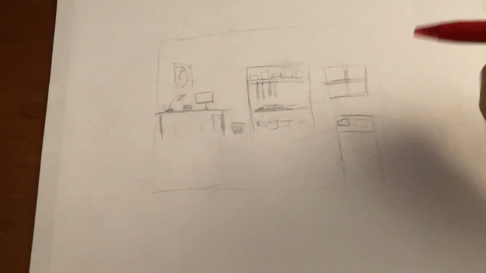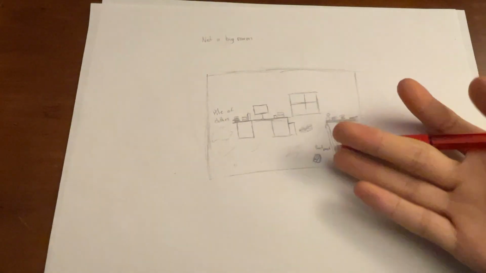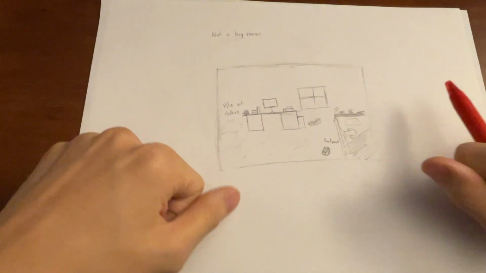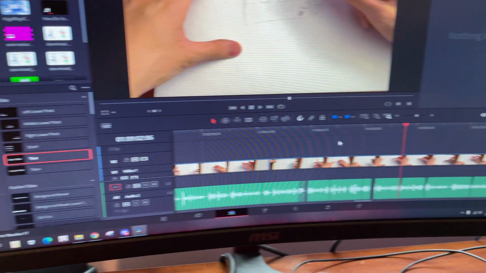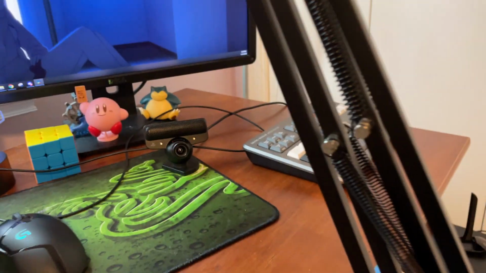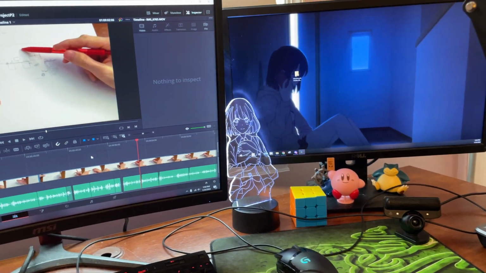For Lucian, a lot of inspiration for his room comes from a mesh of my room and creativity. For right now, I plan to keep Lucian's setup close to mine. I plan to have Lucian have a PC setup. It won't be as cracked as mine, but a little better than Mavis's.